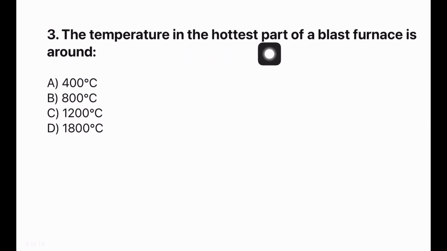The temperature in the hottest part of the blast furnace is? So the hottest part of the blast furnace is the bottom of the blast furnace, and that can reach up to 1800 degrees centigrade. So this is the bottom of the blast furnace where the combustion of coke will be taking place, and this will reach up to 1800 degrees centigrade or around 2000 Kelvin. Next,